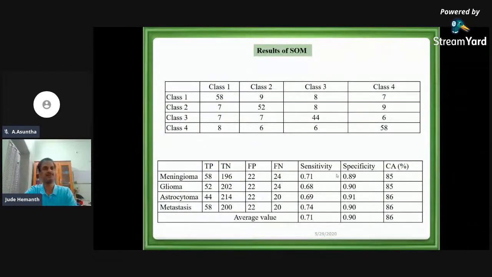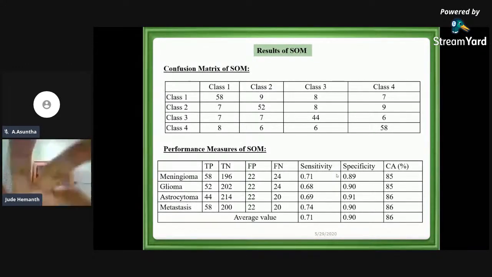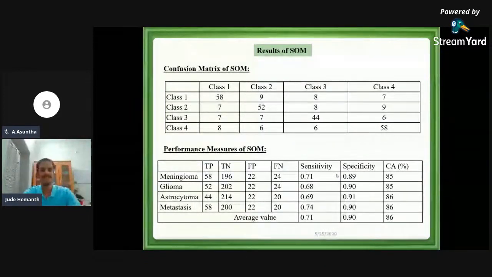So these are the results I have got. Confusion matrix. So when I go for testing my network, I will give an unknown input and check in a single shot, right? There will not be any weight updation. In a single step, I will be able to find out whether this belongs to this category or not. I will have a predefined class, and I will say that 58 images of class 1 belong to class 1 category. All the diagonal values correspond to the correct matched class. Right? I know the predefined class, and when I give an input from unknown data, if it matches that specific class, then that will be incremented or counted as 1.